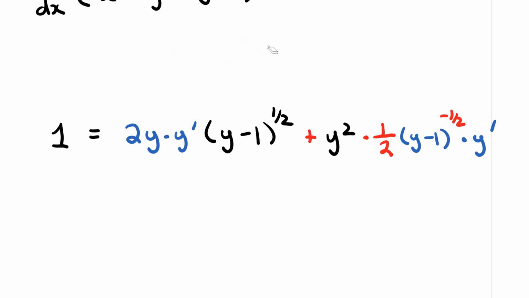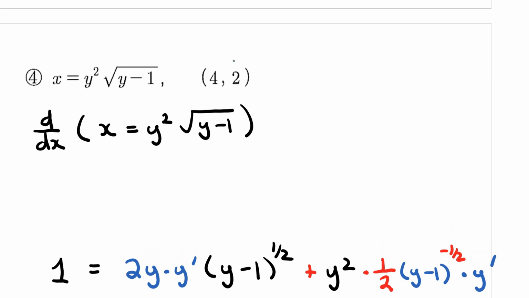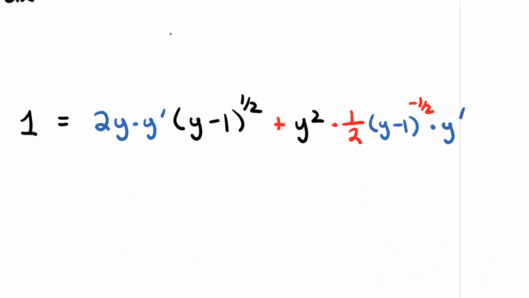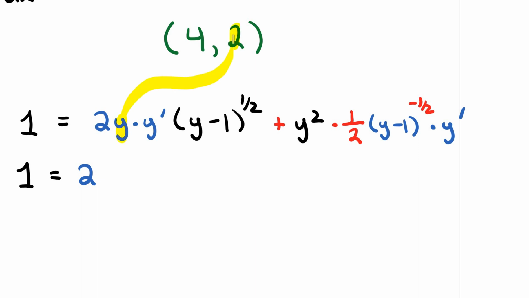Okay, so that's looking pretty good, and let me just kind of erase this now, and basically what we need to do is we need to find y prime at the point 4 comma 2. Alright, so let me kind of write this in bold letters here, 4 comma 2. Okay, so let's see if we can do the math in our head here. We have 1 would equal 2. Okay, so I have a 2 here, and then this y is going to be that 2. So 2 times 2 is going to be 4, right? So this will be 4y prime,